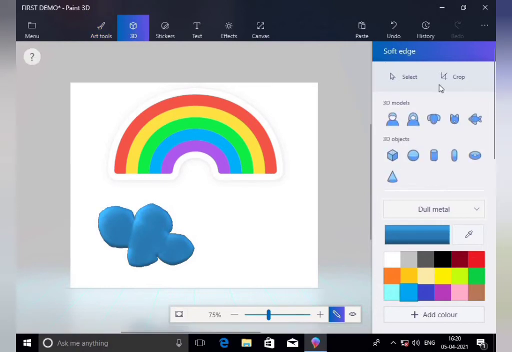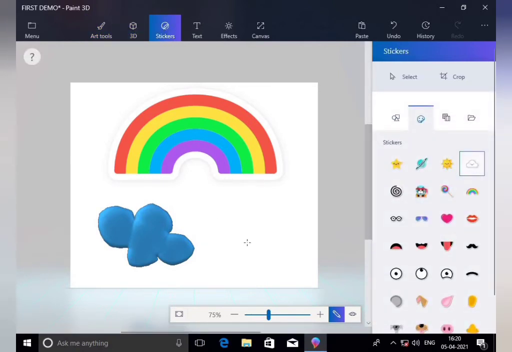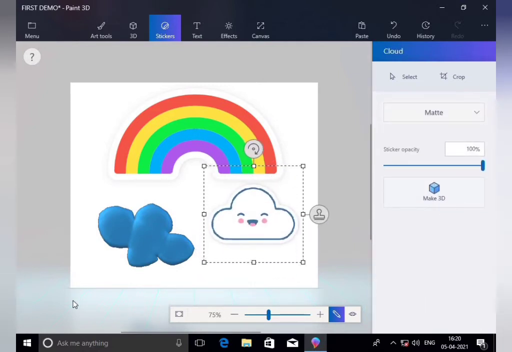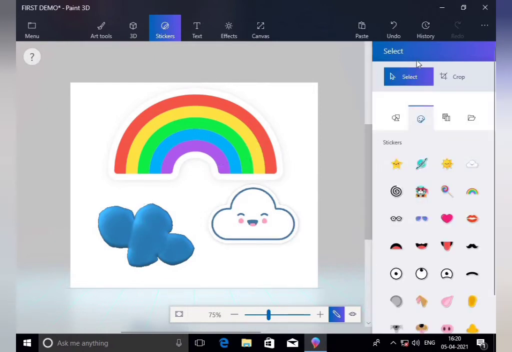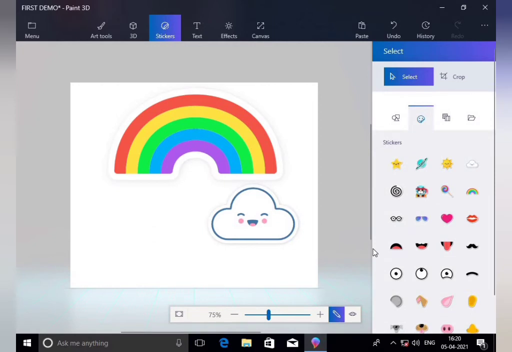Now in these 3D shapes, stickers, you have another sky, so you can draw it here. So which one is better? For example, this sticker is good. Now see the select tool, select, and what we have to do? Cut. So it is cut, right? So here it is our rainbow with the 6 shades, and this is our sky with the happiness.